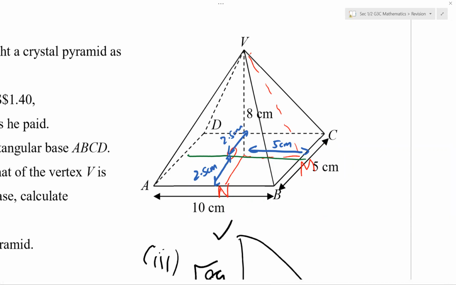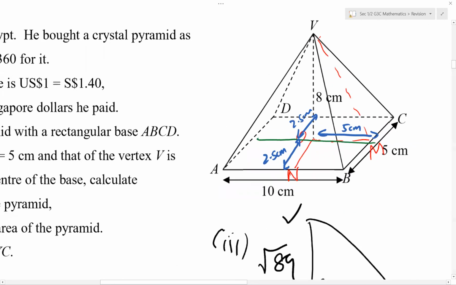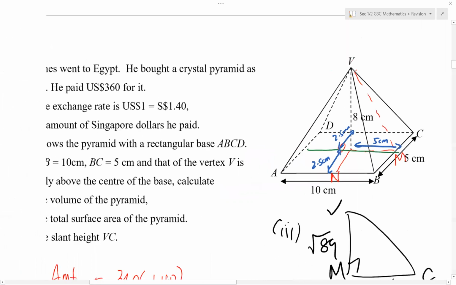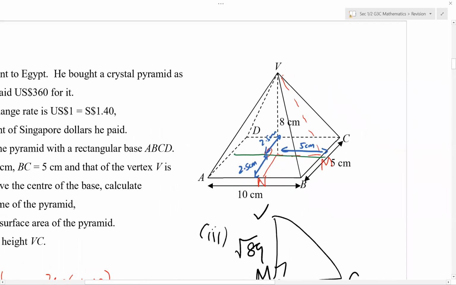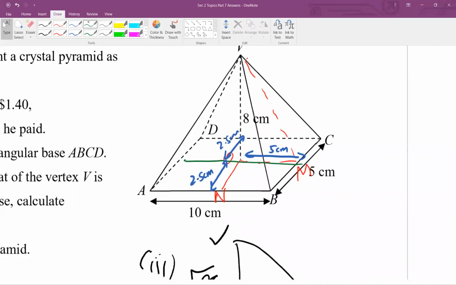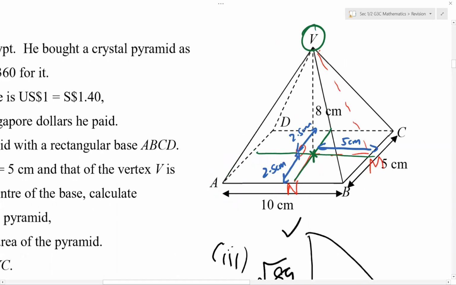Okay. Now, what else did they say? The vertex V is 8 cm vertically above the center of the base. Now, when we drew the 2 green lines that were intersecting each other, they intersect at the middle. So from the middle, vertically upwards to the vertex V, that is 8 cm. Now, can you see a right angle triangle being formed, based on the lines that we just drew? The blue line, the vertical 8 cm, as well as what they wanted us to find, which is